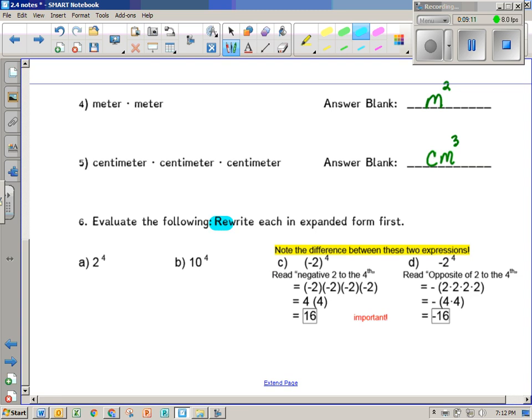Right here it says rewrite each in expanded form first. It wants us to actually evaluate, and evaluate we shall